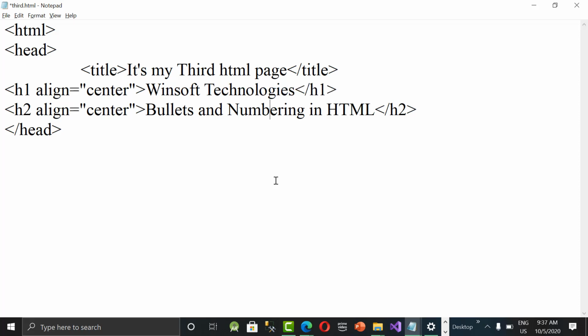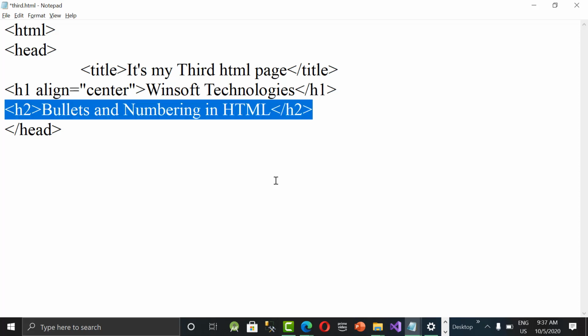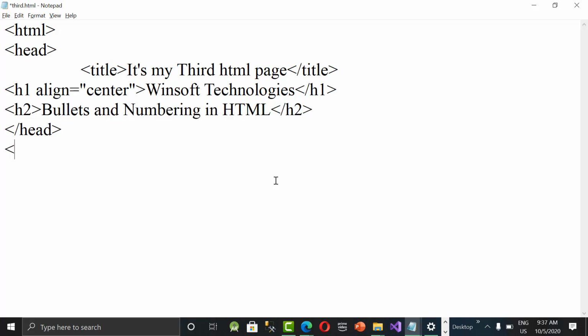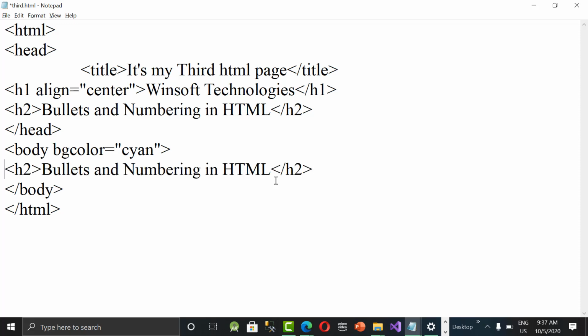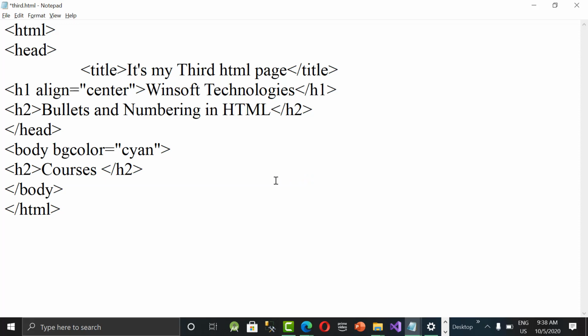Okay, let us leave it as left alignment. Okay, and now let's start with body. bgcolor is equal to something like cyan I'm giving, and slash body tag close and slash HTML close. In between this, I'm giving H2 again: Courses offered. That is the heading I wanted to give.